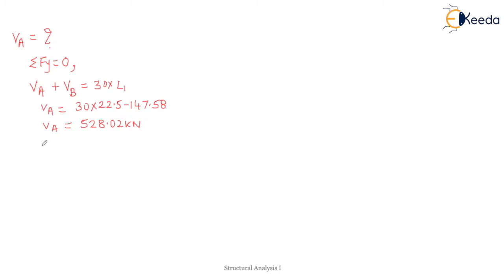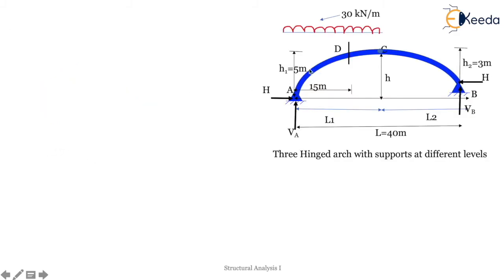So that's how we are done with the calculation for VA, VB and H. All reactions we have calculated. Now let's see how we consider it when supports are at different levels. We have to see what its correct span will be. What is the correct span we are going to consider? Let's consider the portion left side of C. If you see here, let's consider this particular portion, the left portion, where we calculate the span from this side.